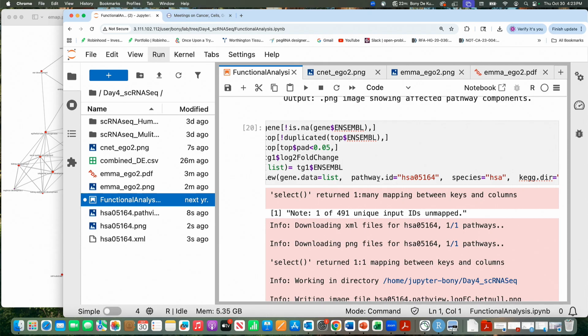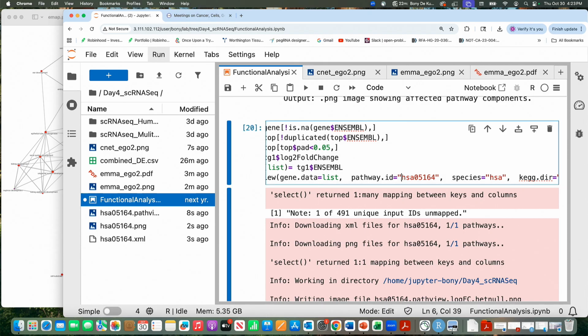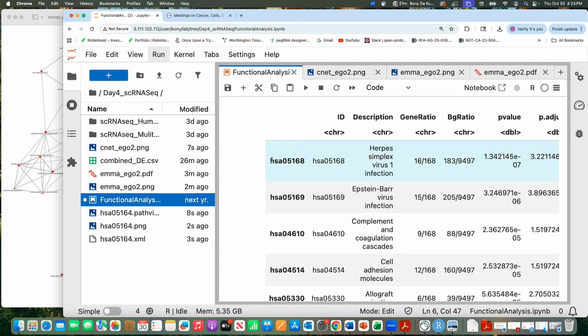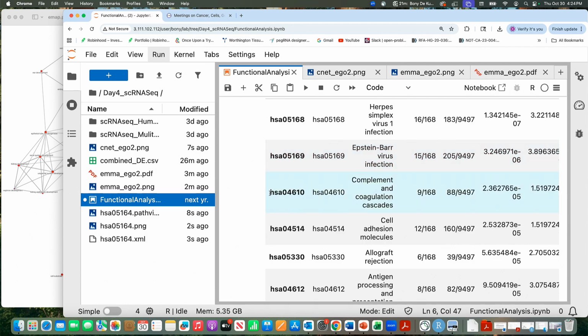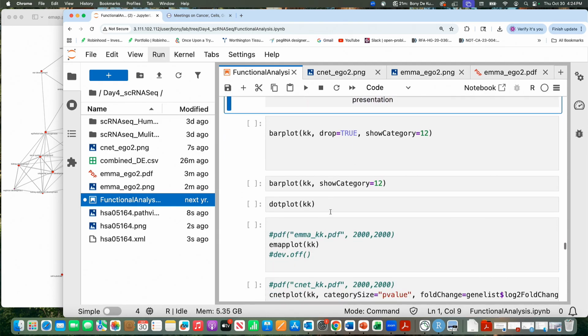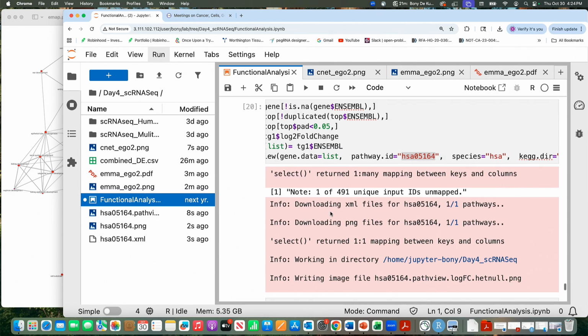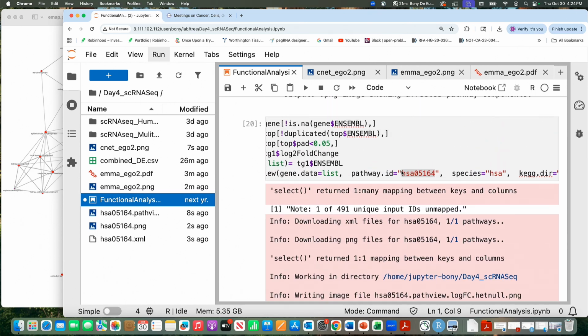So in each pathway, you have an ID like this, and where will you get this ID from? If you go back into your KEGG pathway analysis here, and look at head, you will see there is a pathway ID. So if you want to see any of these pathways, you use one of these IDs. It's basically the KEGG pathway you have to use. Suppose I'm going to redo this analysis with the one pathway which was enriched in our dataset. So the only thing that you need to change,